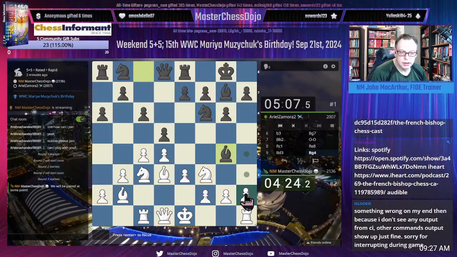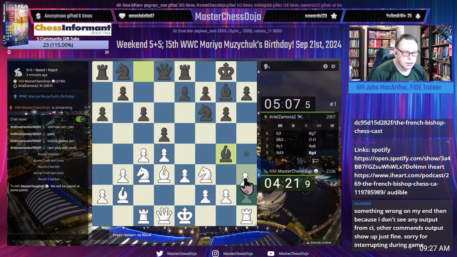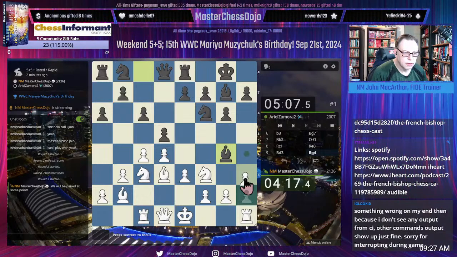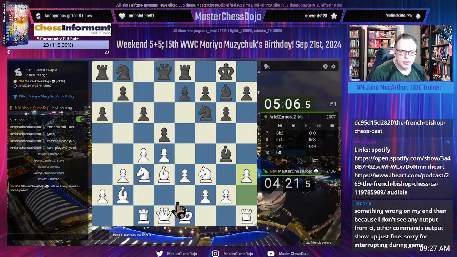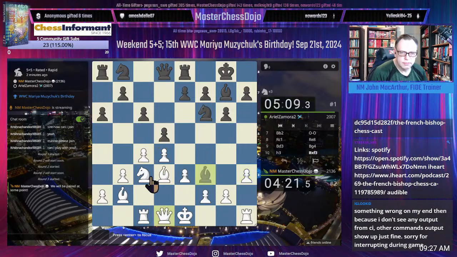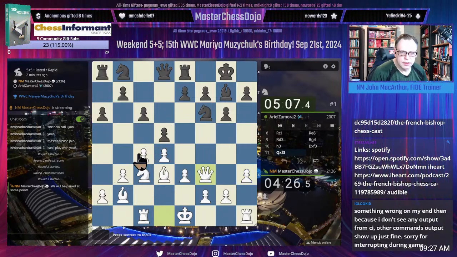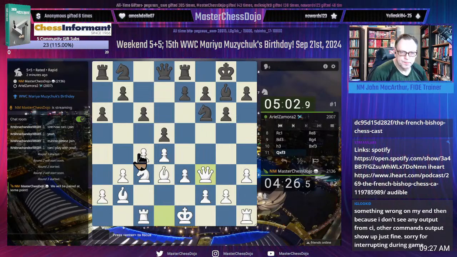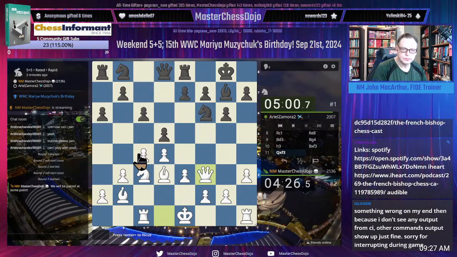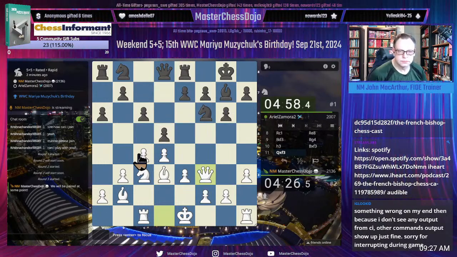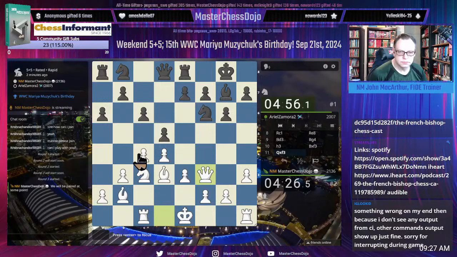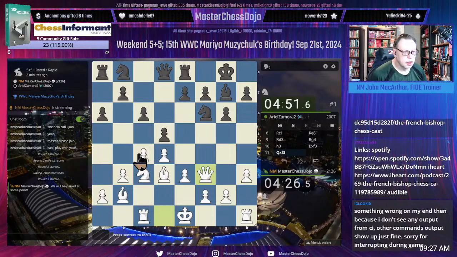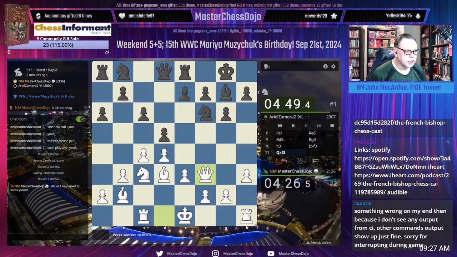Something wrong on my end then, because I don't see any output from CI. Other commands output show up just fine. Sorry for interrupting during the game. Oh, no worries. So there's no output from the CI command.